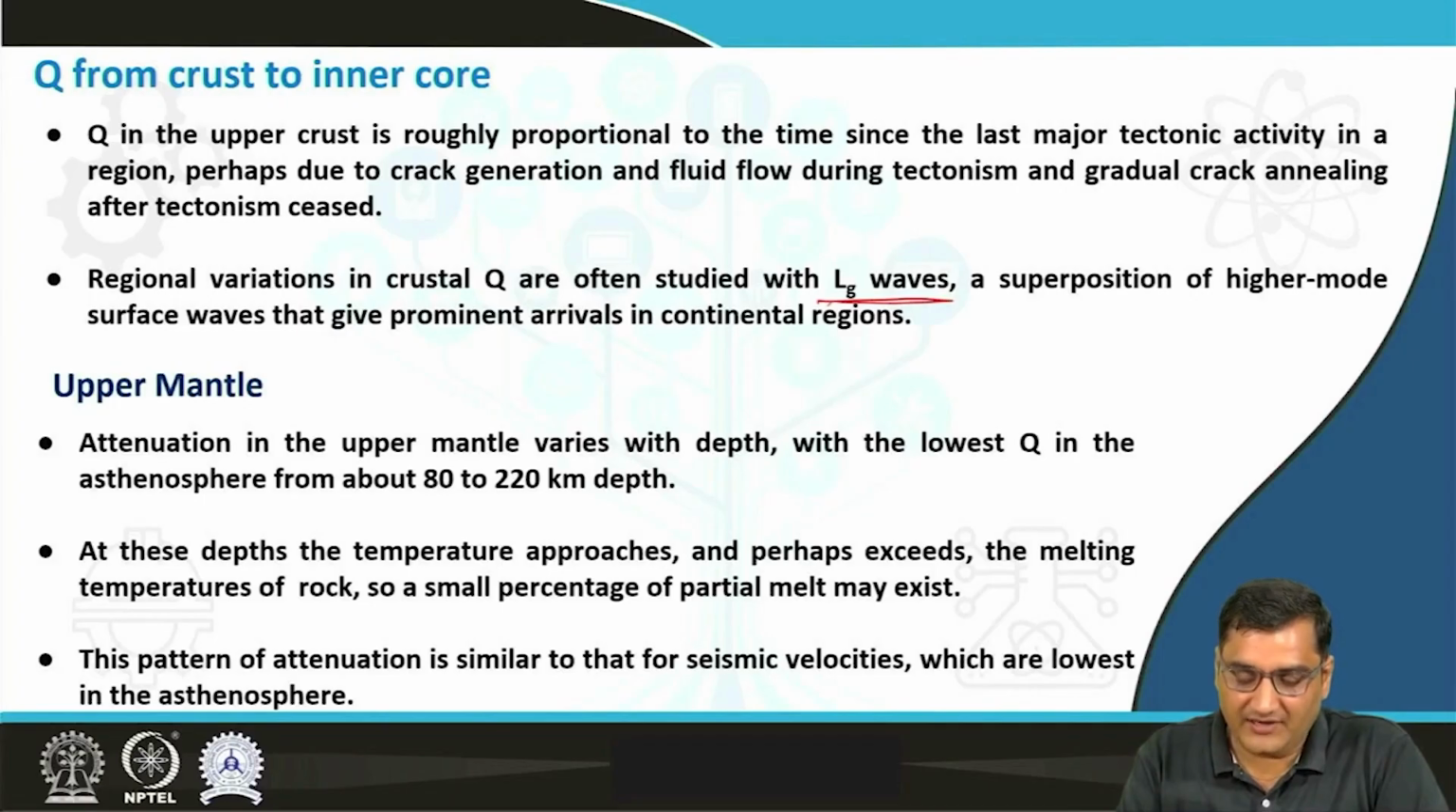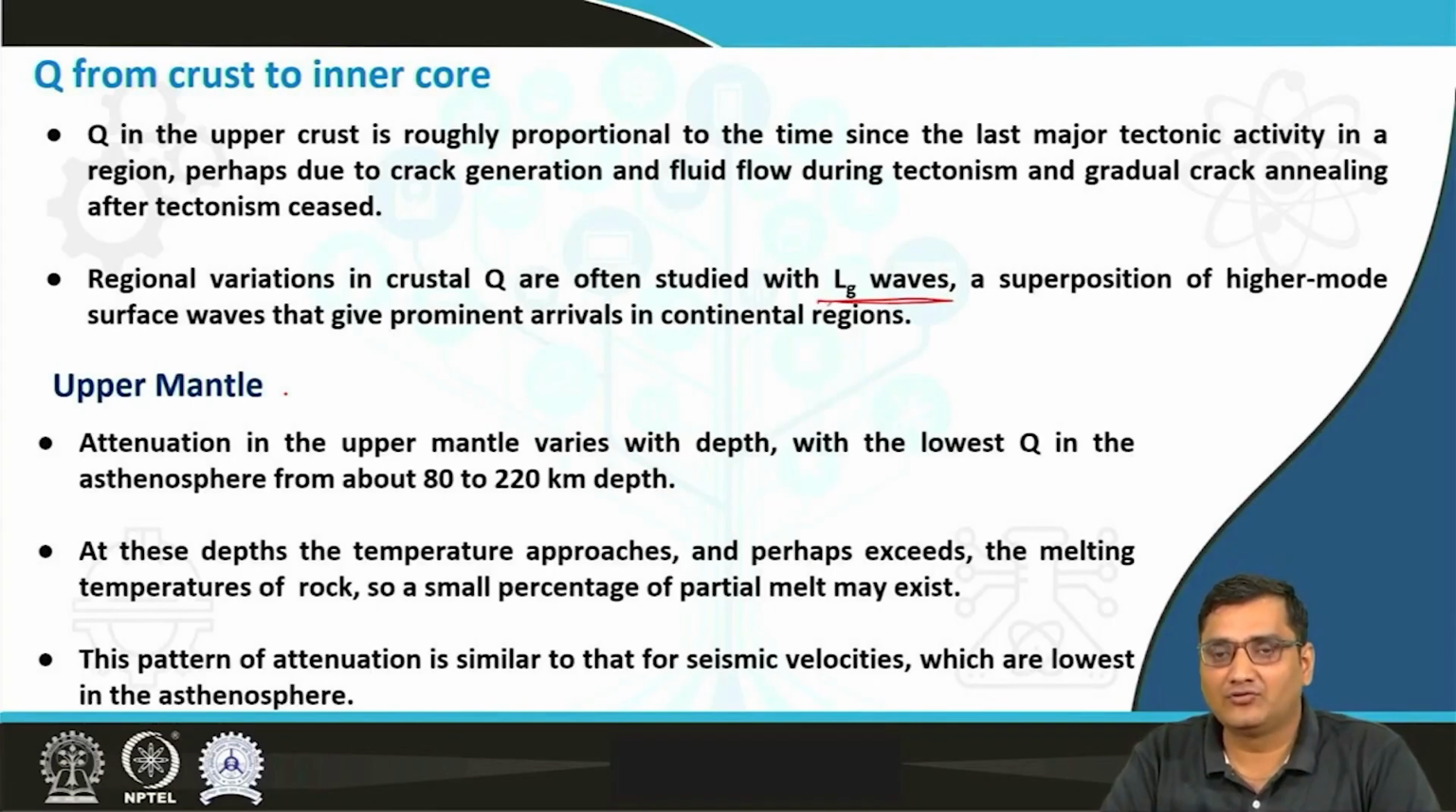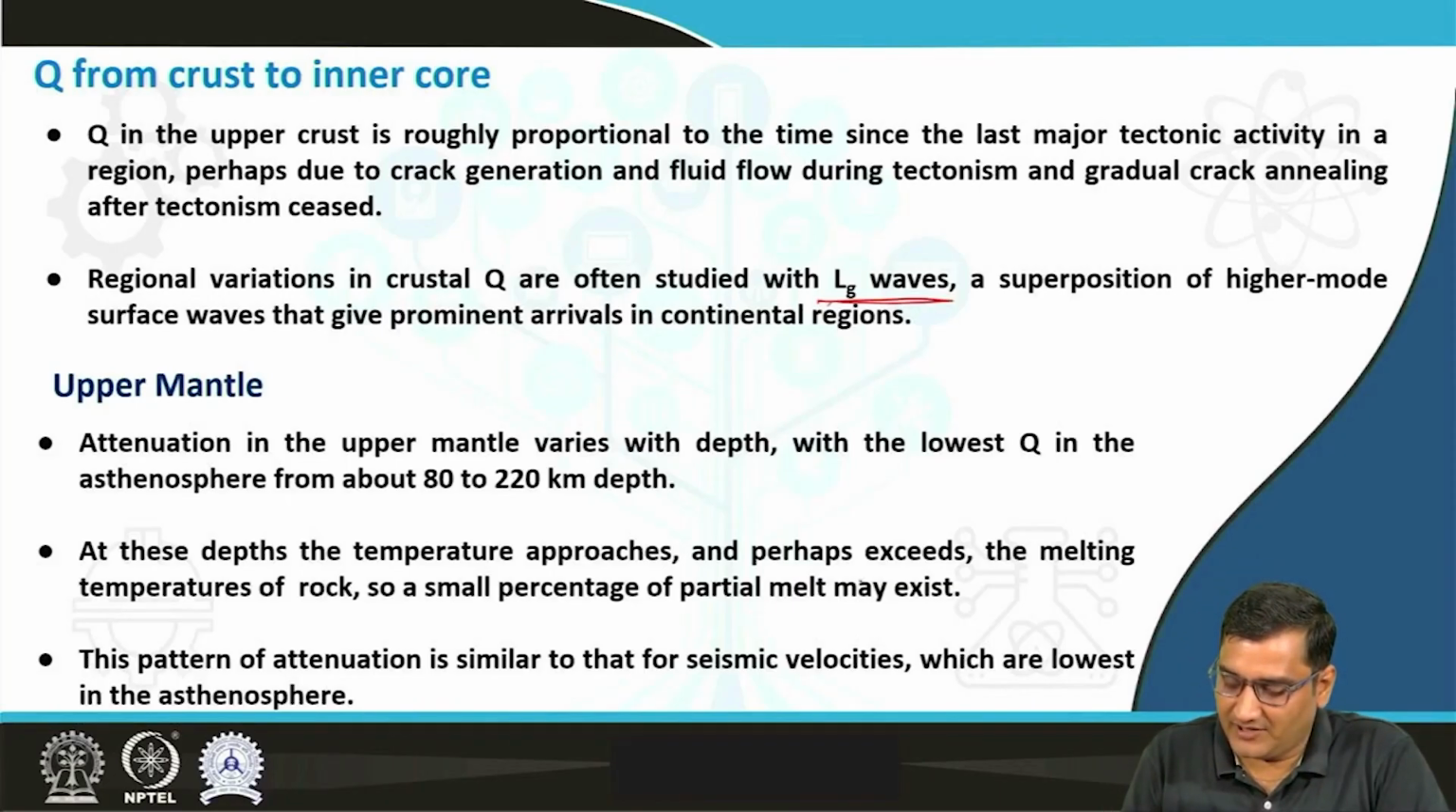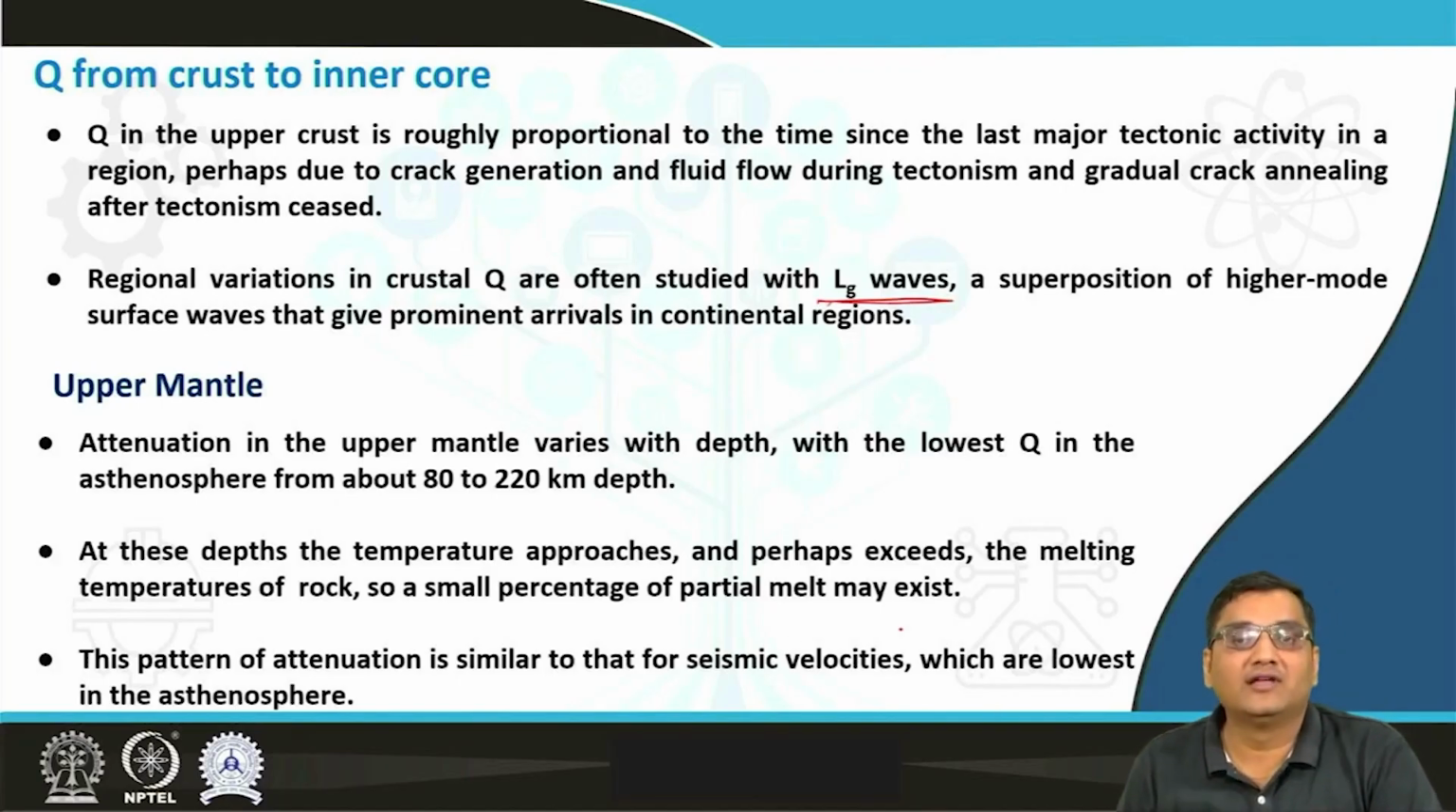If we consider the upper mantle, the attenuation also varies with depth, and the lowest value of the quality factor can be found in the asthenosphere, which ranges between 80 to 220 kilometers depth. At these depths, the temperature approaches and perhaps exceeds the melting temperature of the rocks, so a small percentage of partial melt will exist there. This pattern of attenuation is similar to that for the seismic velocities, which are lowest